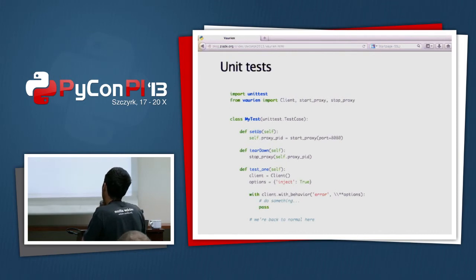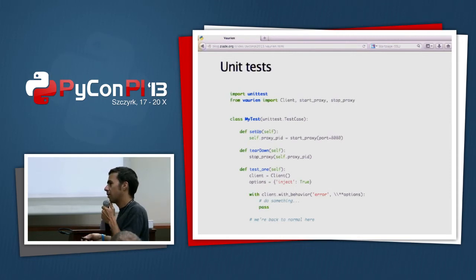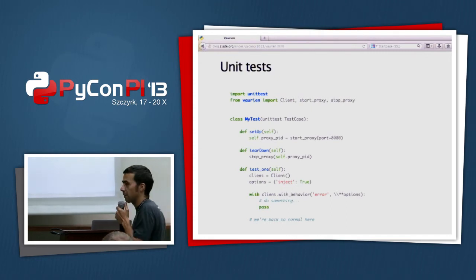All right, so here, I create a client for my Vaurien proxy, and I say, okay, in this piece of code here, I will tell the Vaurien proxy to start to do some erratic behavior. So this call is calling an API we provide in Vaurien. It's a HTTP API. It's going to call the Vaurien proxy and say, hey, for now on, all the requests you have on port 8080 will have to error. And here I can test my application and make sure that everything works as expected.